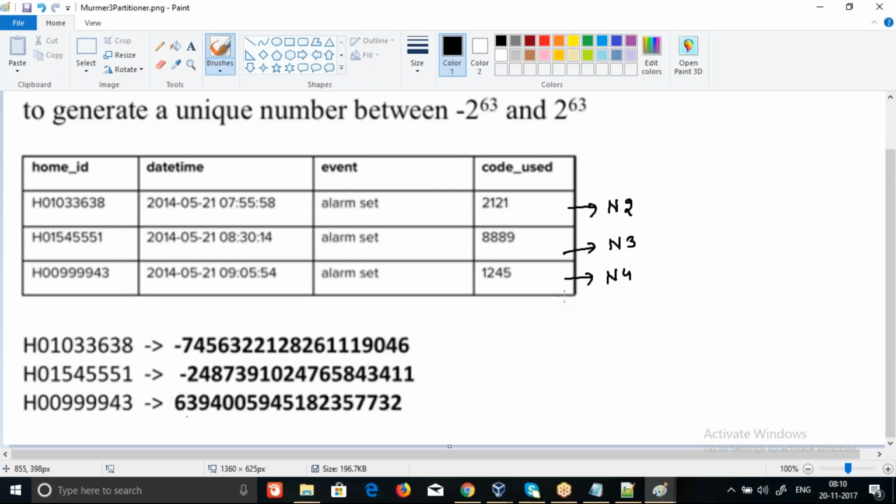I hope you got the understanding of how a row is stored inside a particular system in the Cassandra cluster. It all depends on the partition key, which is our home ID. We chose home ID as our partition key. So what it indirectly says is